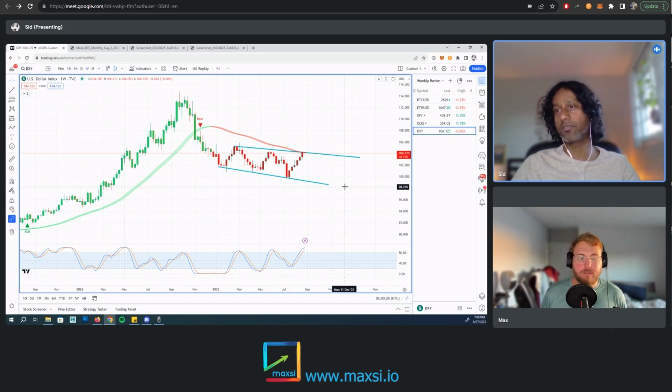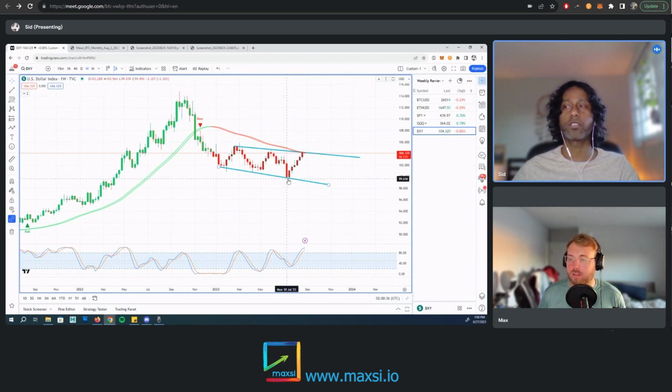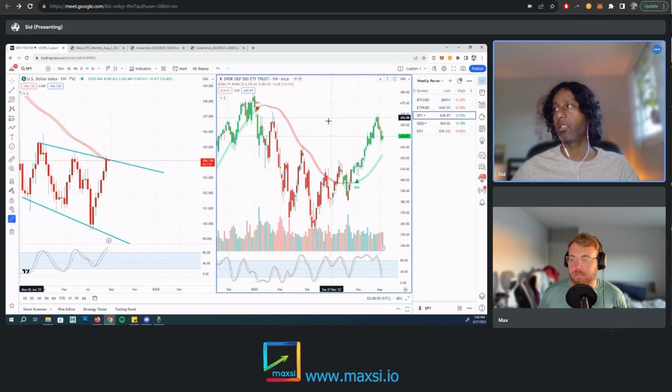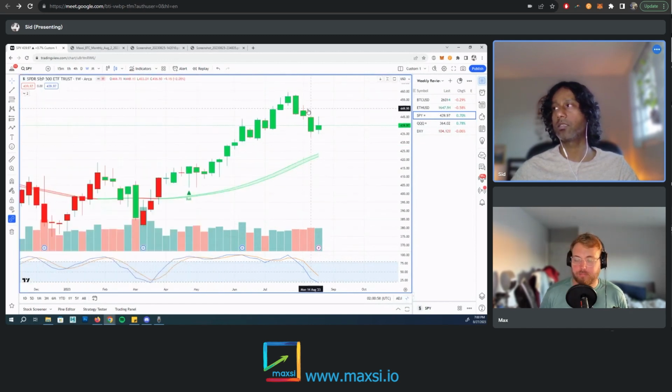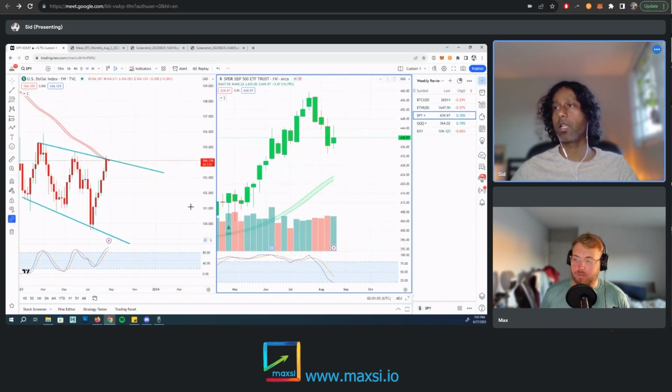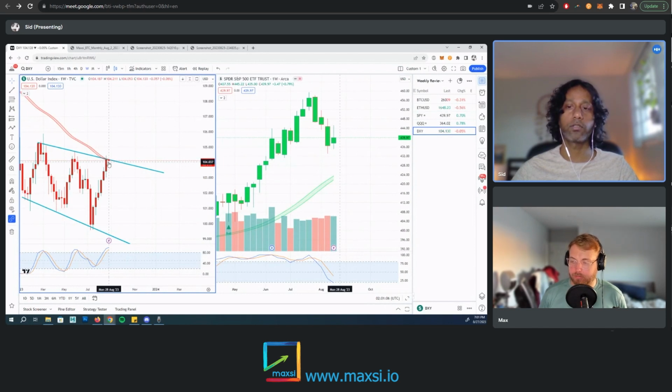We've been tracking this for a few weeks now, I think, and we started tracking it when it was at the bottom of the channel, and we had told people that it'll bounce, and it did bounce, and we did end up seeing the stock market pulling back this week. We can see that right here. This is the S&P 500, and we can see how it topped out and it's been dropping, and so the DXY, it did reach